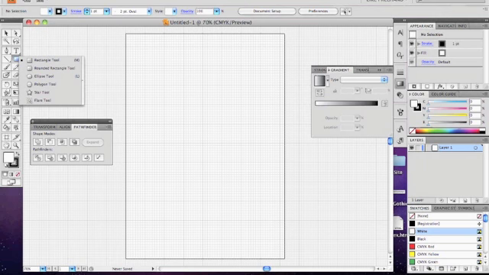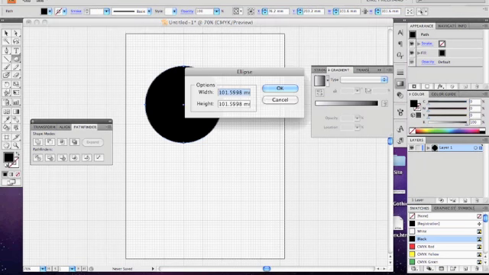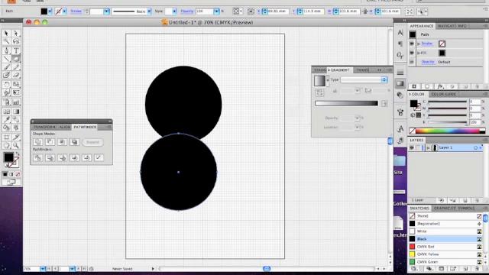We're then going to use the elliptical or circle tool and, holding the Shift key, draw a circle. The Shift key helps keep the circle perfectly round. We're going to change the color of the circle to black, and then we're going to duplicate the circle, make it slightly smaller, and use this circle to create some highlights